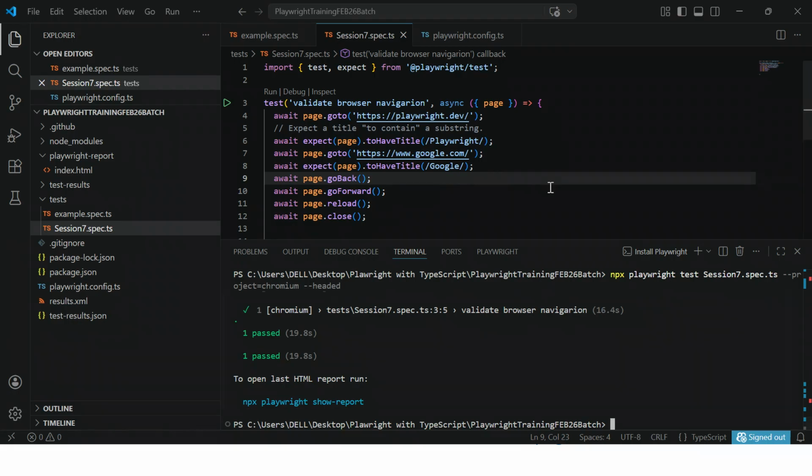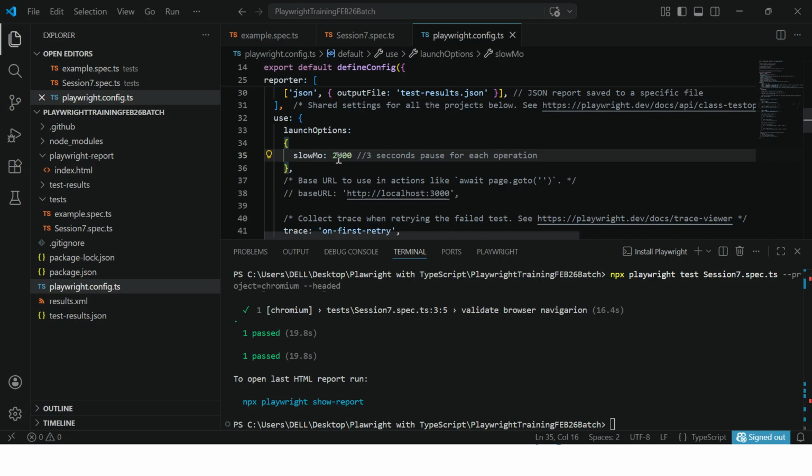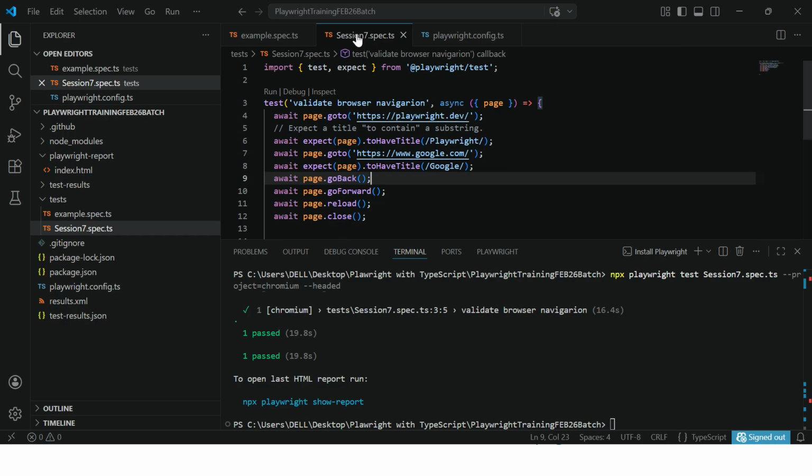There is no error. All the assertions are getting passed and all the browser actions are also getting passed. So in case you are changing this config file to 3 seconds, it will be waiting for 3 seconds on every action. Okay. Now apart from this command prompt, whenever you are trying to run it, you could see